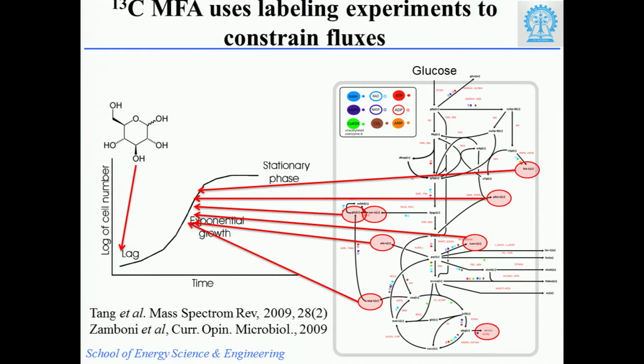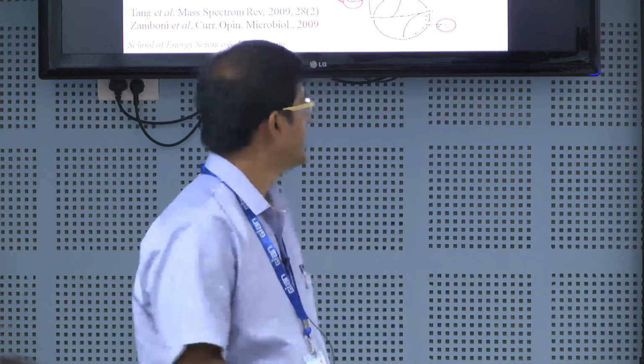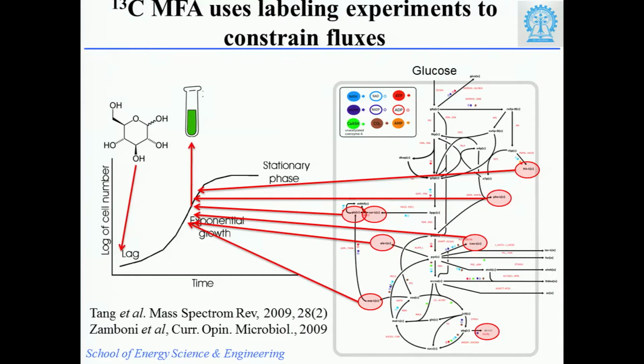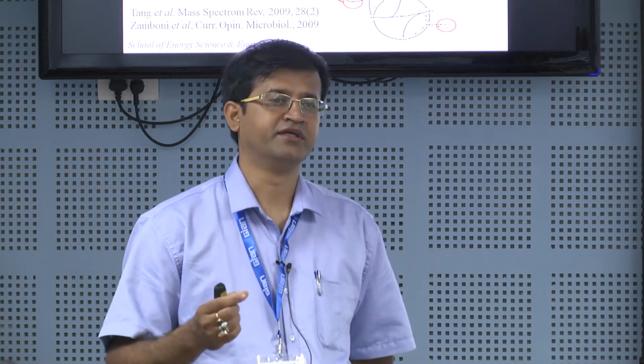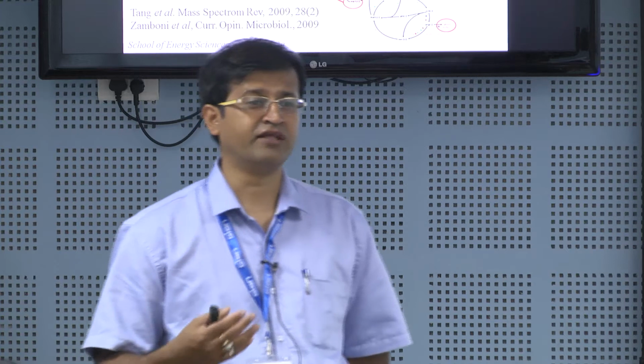First, you collect the sample from the mid exponential phase. From the mid exponential phase, you take the culture from your flask, and then this cell you can lyse it and get the protein, right, and then protein can be broken into amino acid. So, there are two ways you can actually get the end metabolite, either through proteogenic amino acid or through intracellular